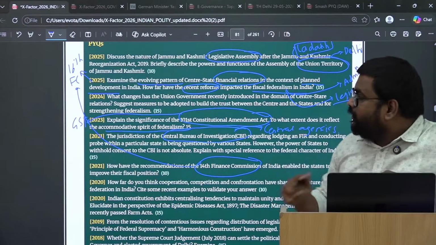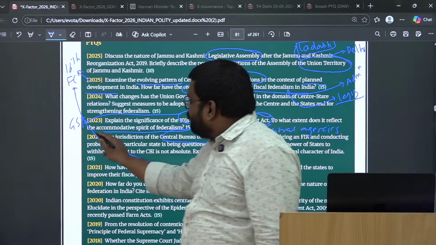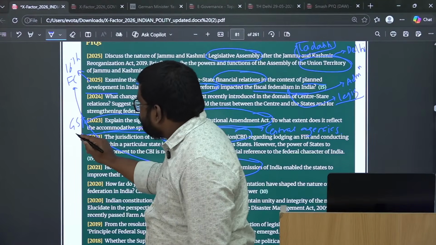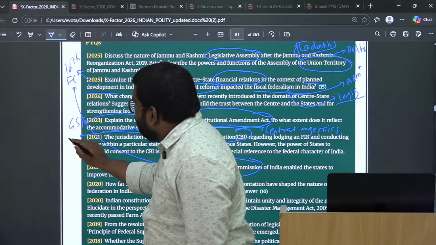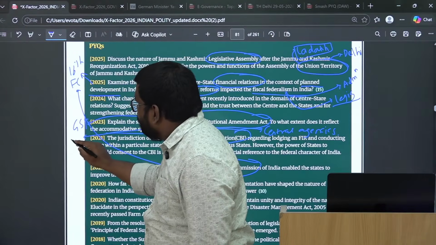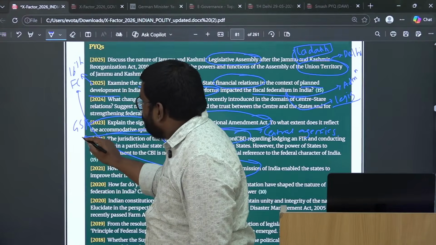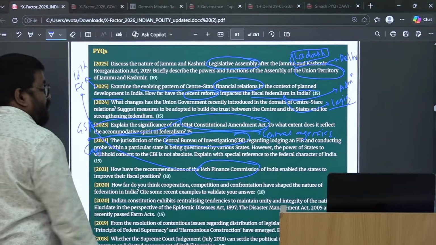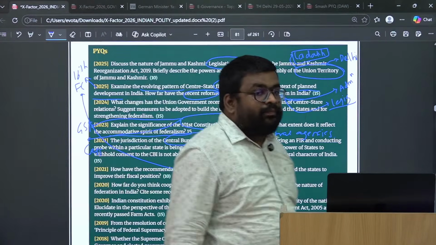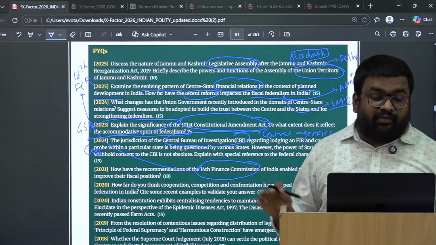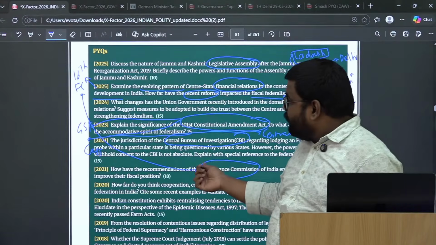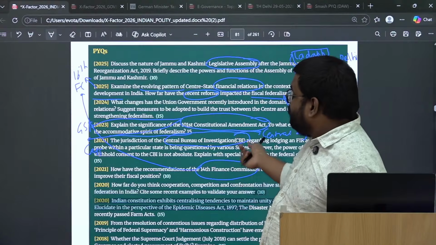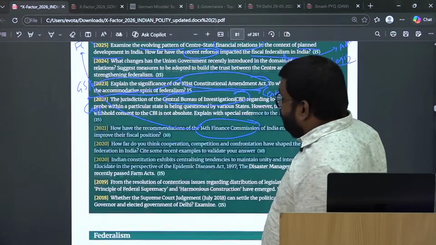Or within fiscal federalism, the simultaneous news was with respect to the, apart from GST, the central cess and surcharge. That is also one thing on which you can expect a question. So 14th Finance Commission का PYQ के basis पे you can think, okay, 16th Finance Commission पे आ सकता है.